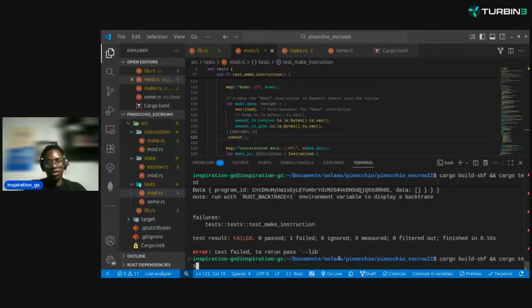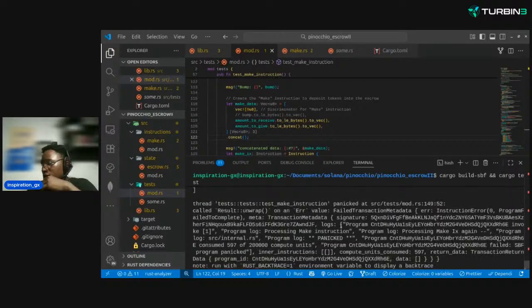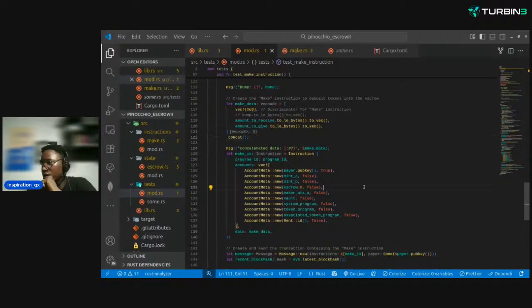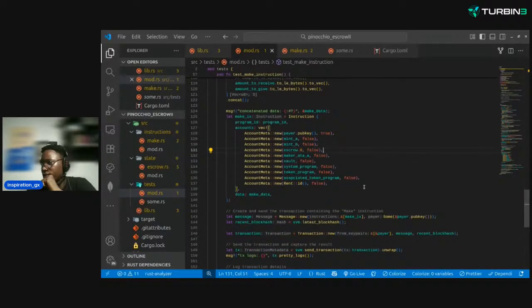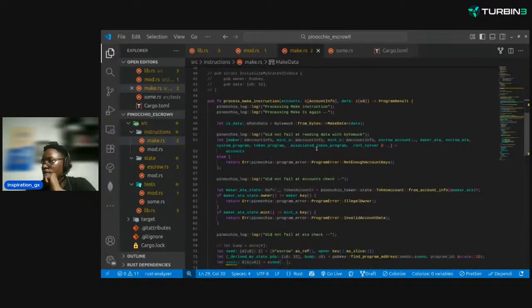Cargo tests. We literally just did: program log panicked. Program log panicked at this. So let me see what could be wrong with this again. Because it's actually panicking. Yeah, let me see if I remove